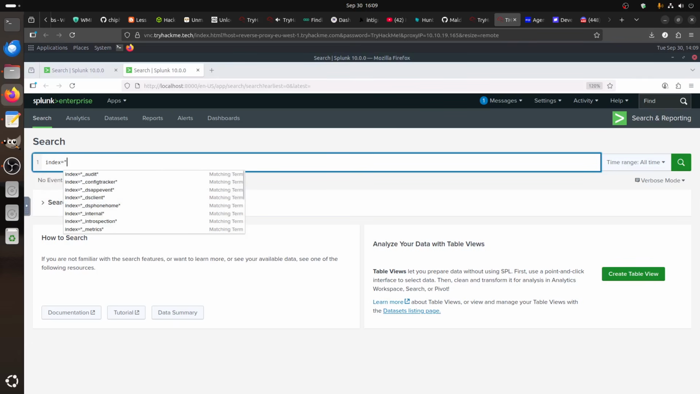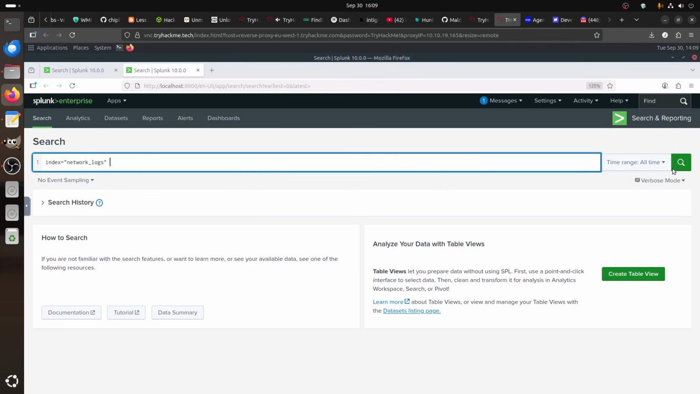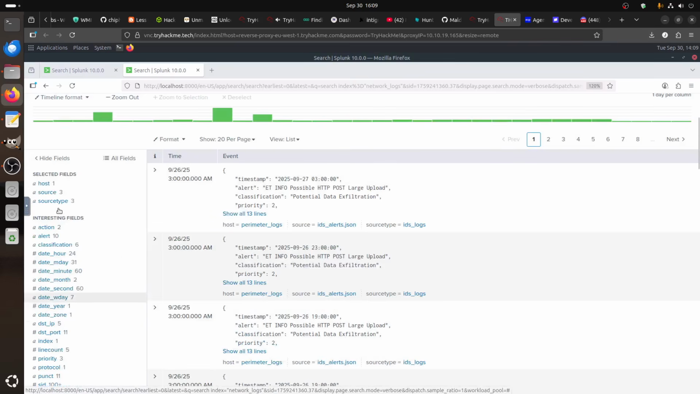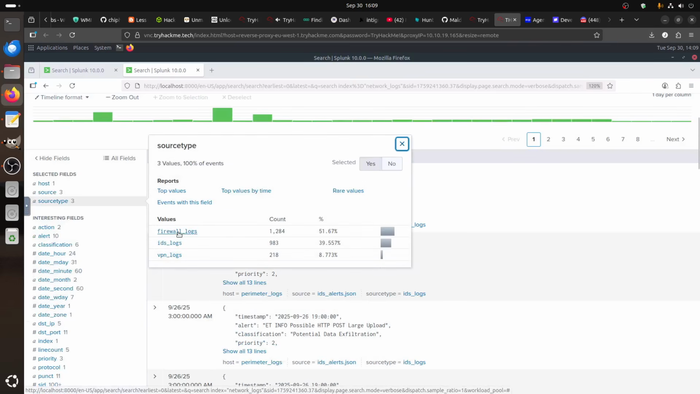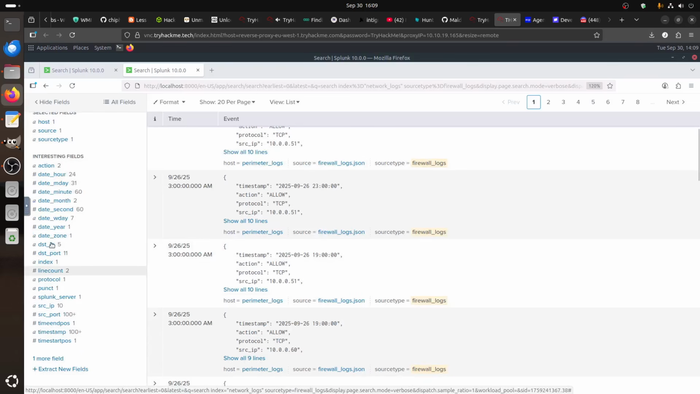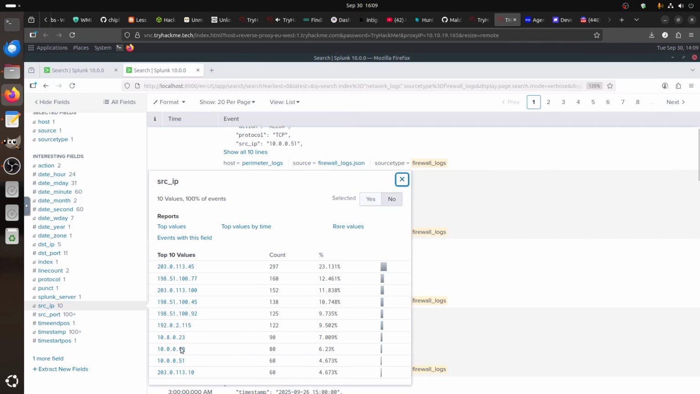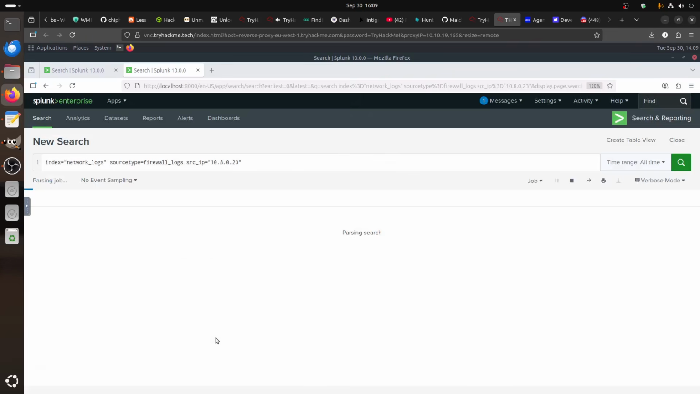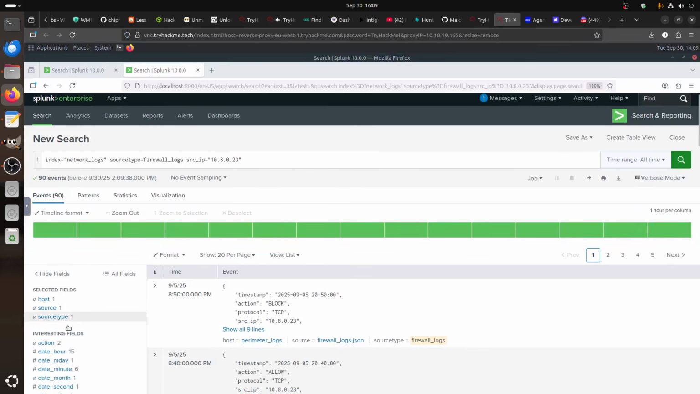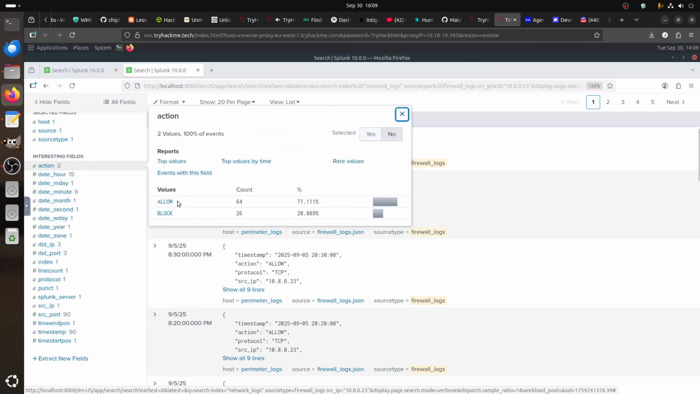equal network logs. We just need to go to the firewall, and then the source IP, not destination IP, the source IP, the one that we got 10.80.23, this one. So basically we're following this logic. Allow from that IP. So if we go to action allow,